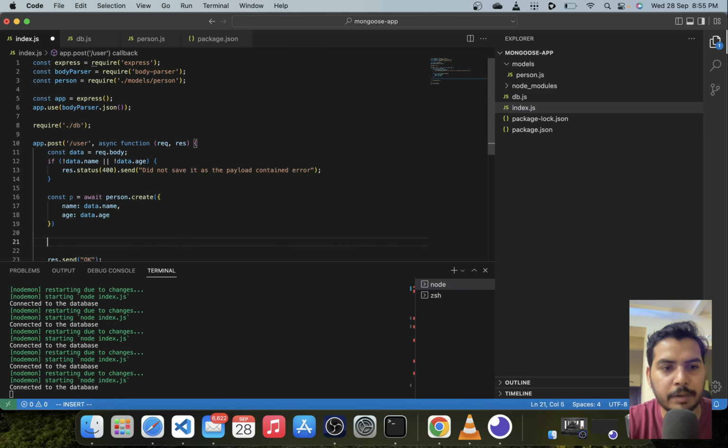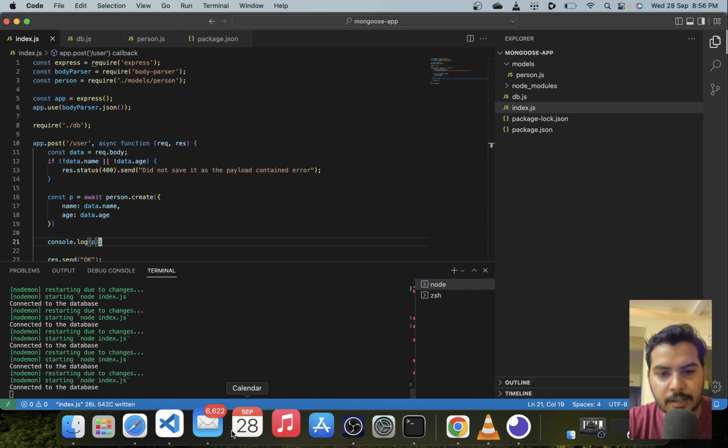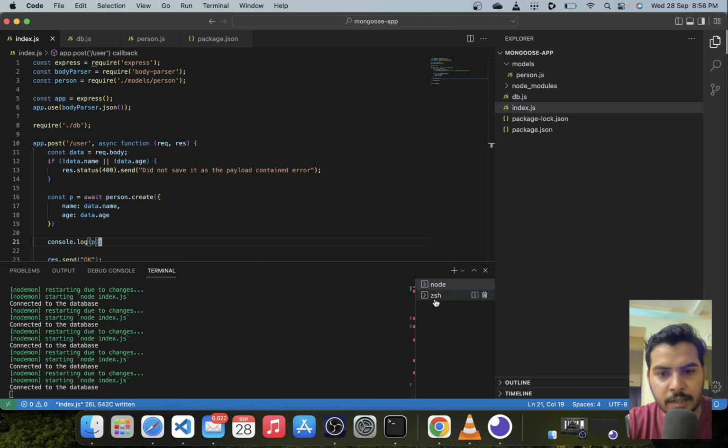Let's try to also print what P contains. P will basically contain an instance of whatever it has saved to the database. So it will be an instance of this person class, and it will contain two properties, name and age. Let's quickly see. So the application has been restarted a couple of times, and let's get back to our terminal.